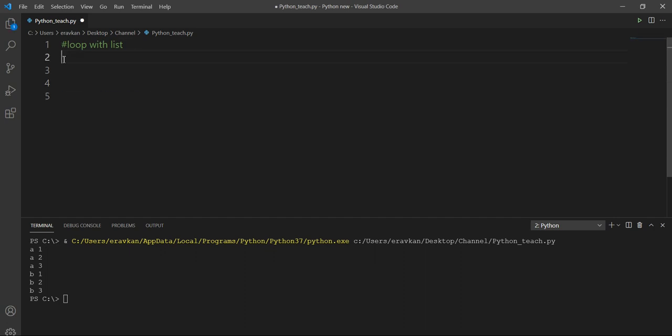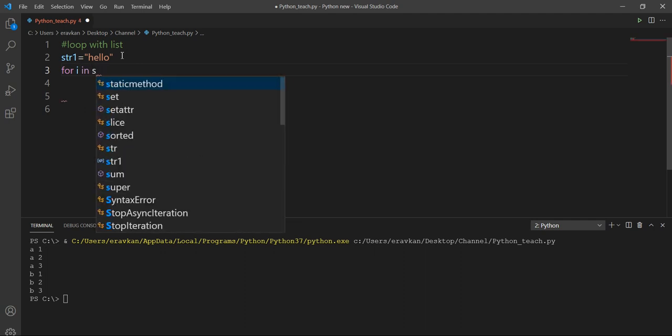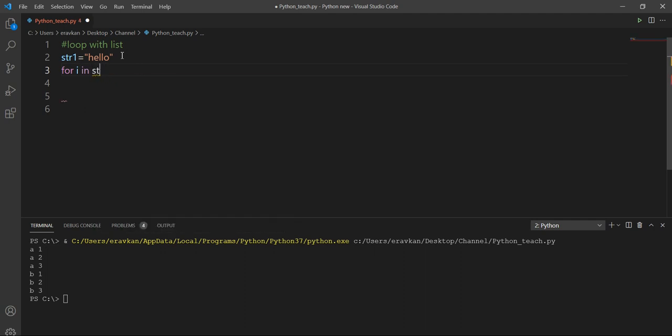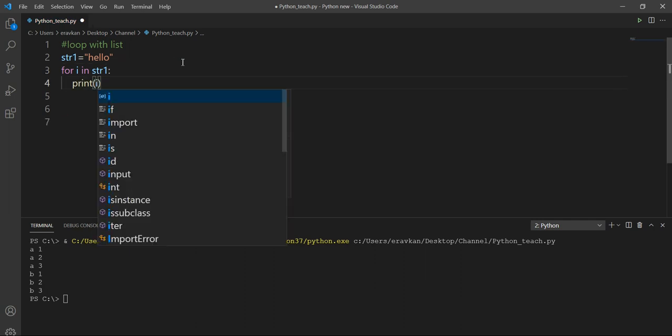Okay, as loops work with lists, in the same way they can work with strings also. Suppose I define a string str1 here, hello. So I can do one thing: for i in str1, print i.